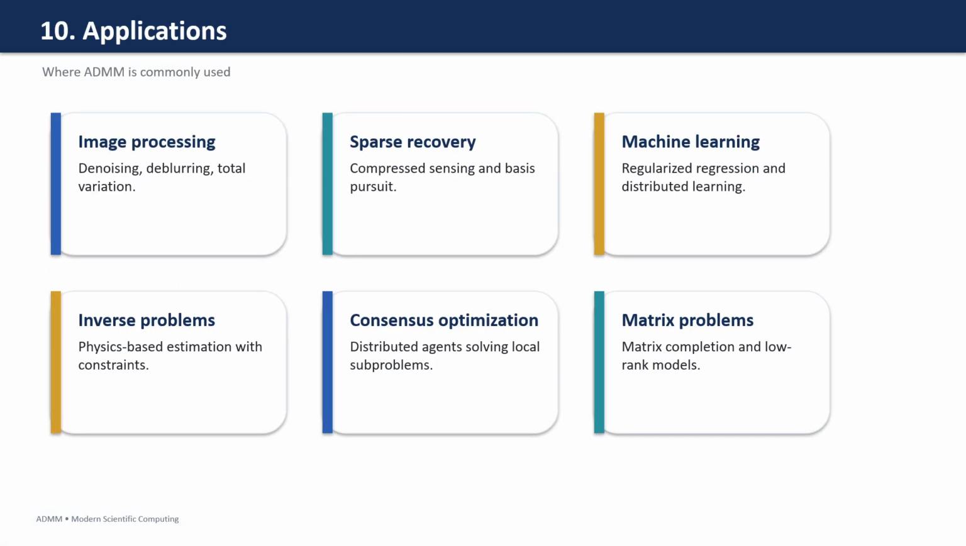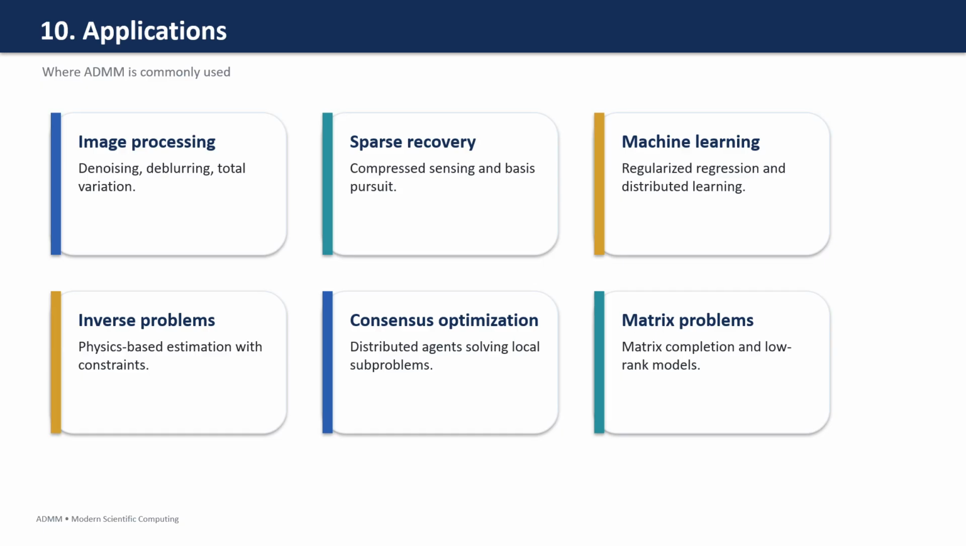So I just want to reiterate the many common applications of ADMM. In image processing, ADMM is known to be used for denoising, deblurring, image reconstruction, and total variation regularization, because these problems often involve combining a data fidelity term with non-smooth regularizers. In sparse recovery and compressed sensing, ADMM can recover sparse signals from limited measurements, lasso being an example of that. In machine learning, ADMM is very useful for regularized regression, maybe distributed training, and consensus optimization, where if you